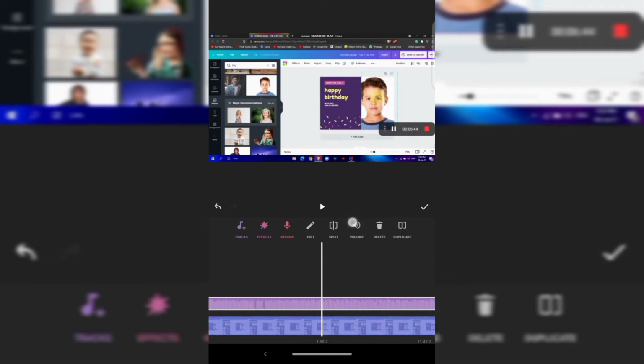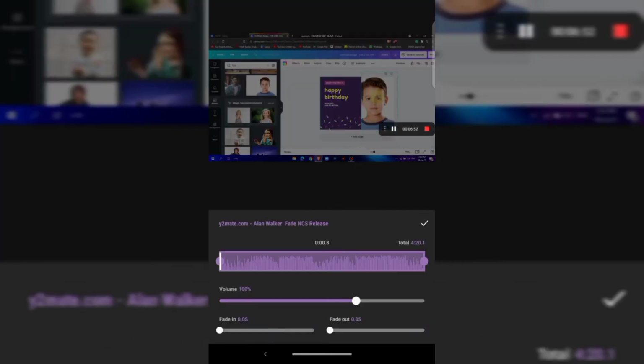Here the volume option is there. You can see it's been highlighted by the taps of the finger. You have to click on volume and you can go above 100. If you go above 100, only the volume of the song will be there in the whole video. If you want to mute the original video sound, you can do that, and you can even mute the video reel.